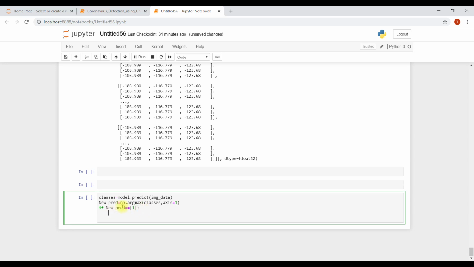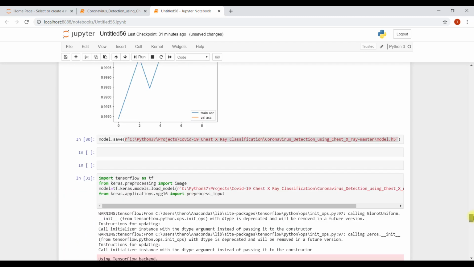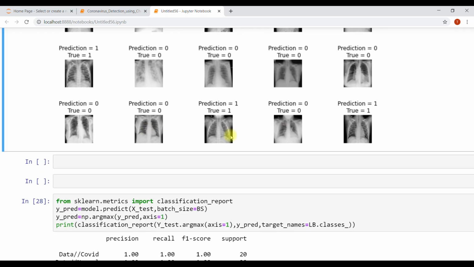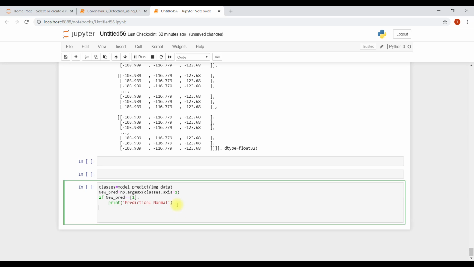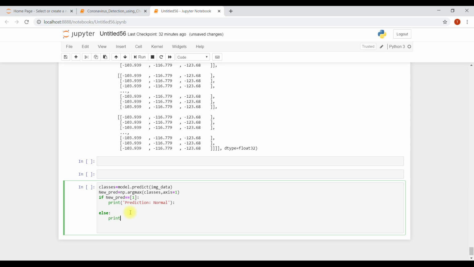If it is 1, then print prediction is normal, because 0 is for corona and for a normal image it's 1. Else it's going to print corona.